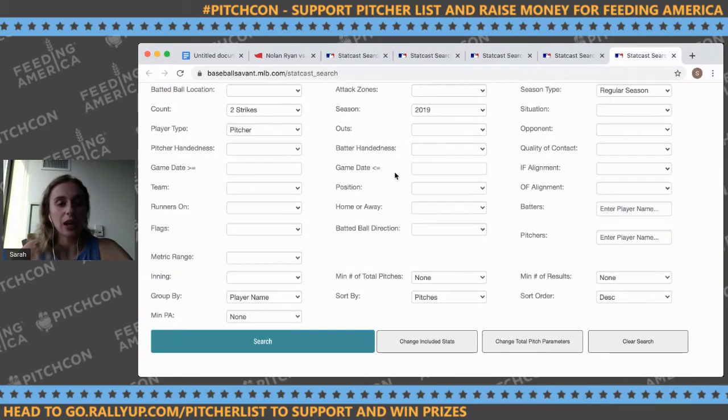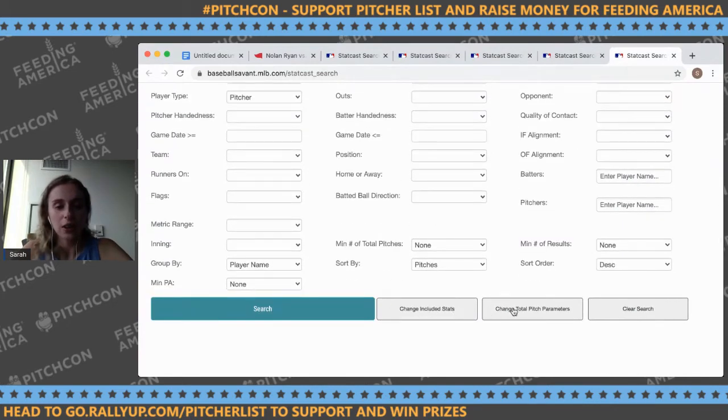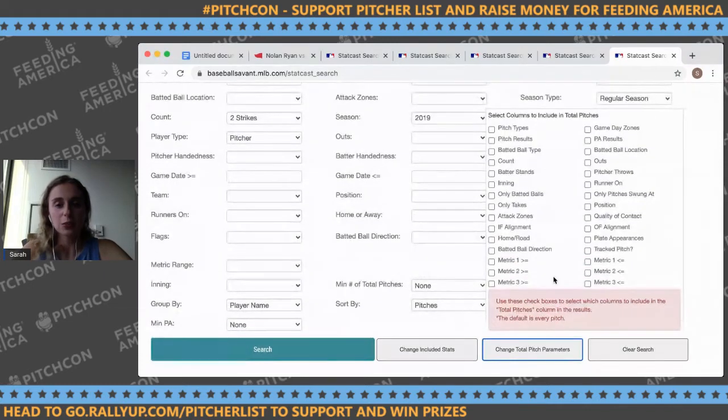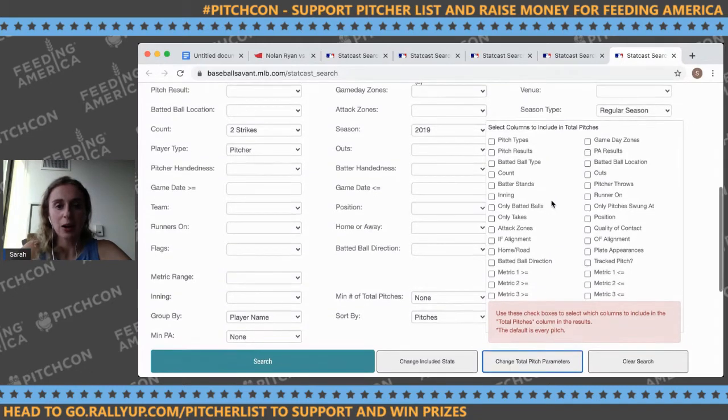So in order to do that, we have to use another of these buttons down here. This change total pitch parameters is probably the most powerful thing in terms of how the search works. The other searches we didn't require very specific minimums, which is why we didn't get to it before. What this is going to do is affect what the denominator is. So it's going to take out anything